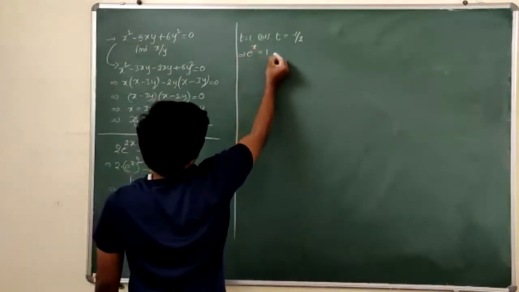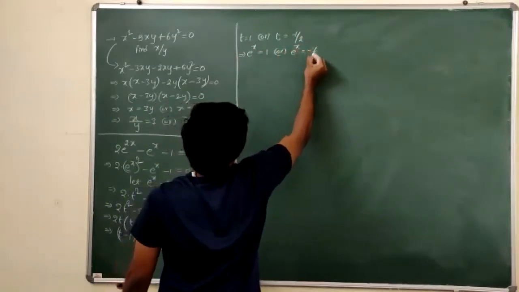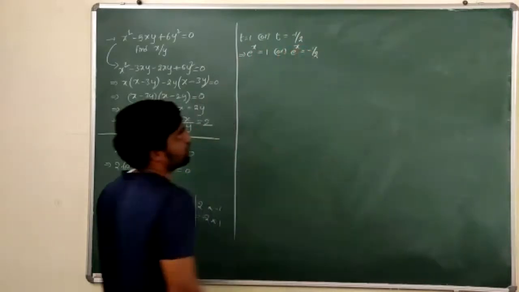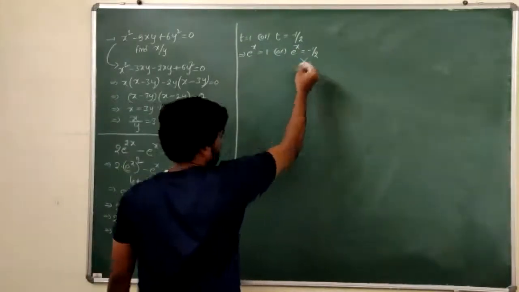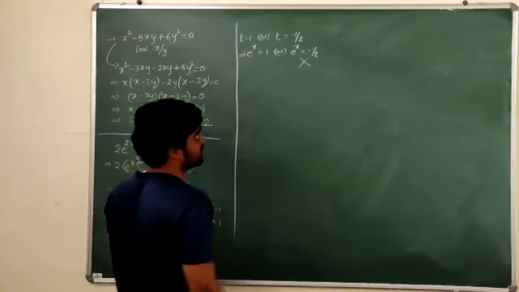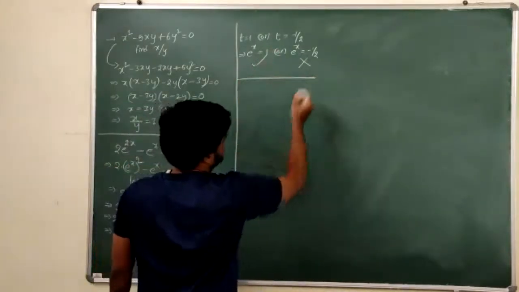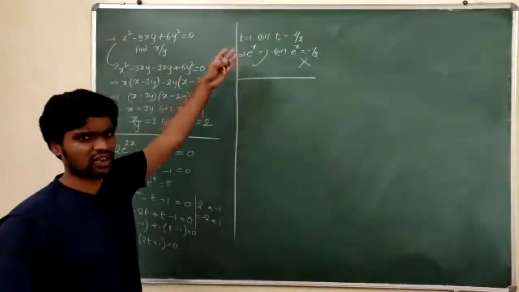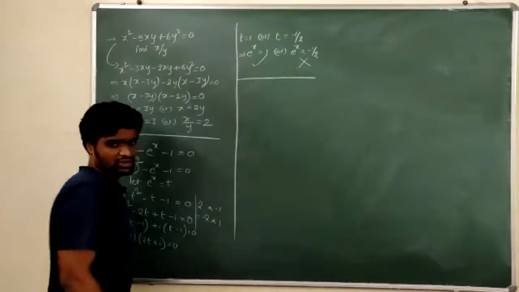So e power x is equal to 1 or e power x is equal to minus half. E power x can never be negative. So e power x is equal to 1. We'll discuss more about that later, exponential function and logarithmic function. So until then,